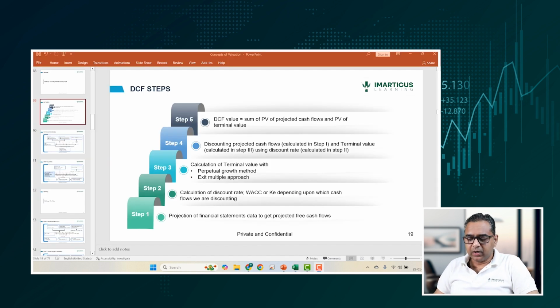So now let's look at various steps involved in doing the DCF valuation for a firm. Now, step 1 is projection of financial statements data to get projected free cash flows. So, how we do it from the scratch, how we start is we can look at the financial statements data. So, again,